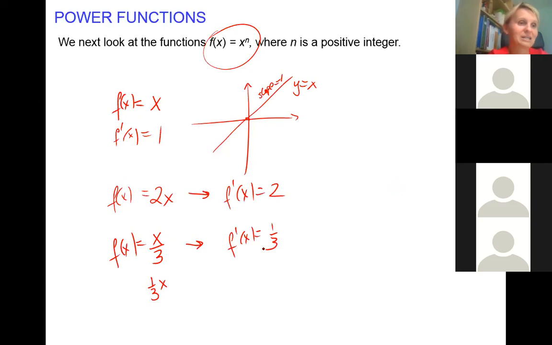The slope of the line (1/3)x is 1/3. Okay, that's what I want you to know. Thank you, and I'm sure you will remember now. Okay, that's me. Now let's